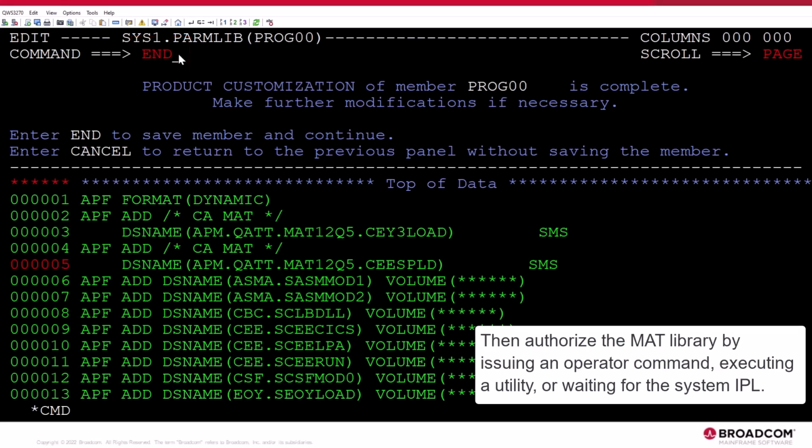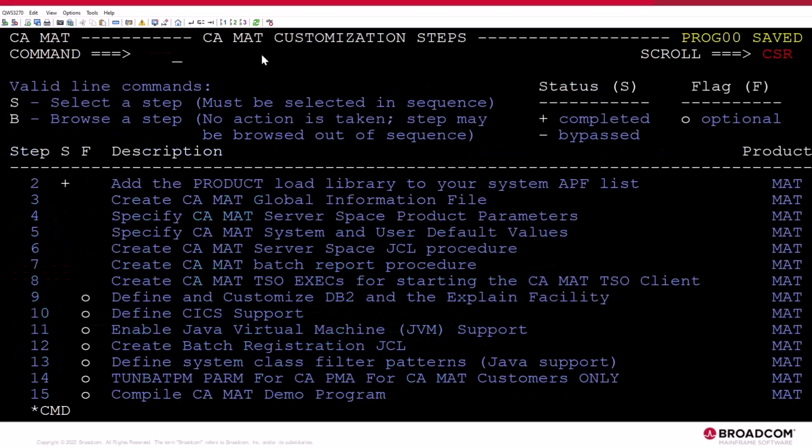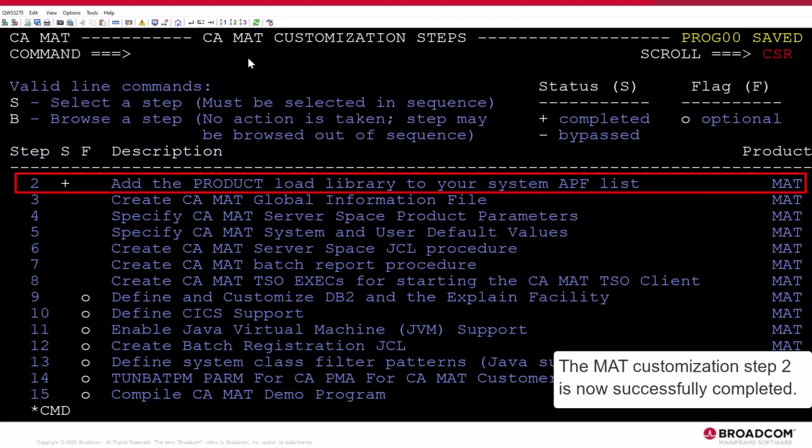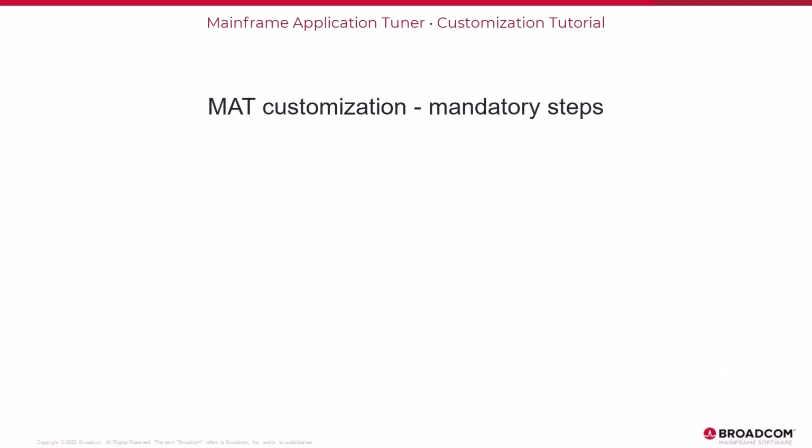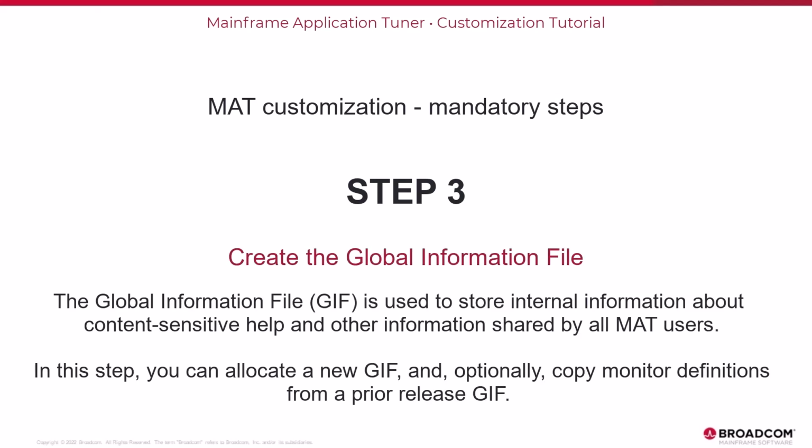Then authorize the MAT library by issuing an operator command, executing a utility, or waiting for the system IPL. The MAT customization step 2 is now successfully completed. Step 3. Create the Global Information File. The Global Information File, or GIF, is used to store internal information about content-sensitive help and other information shared by